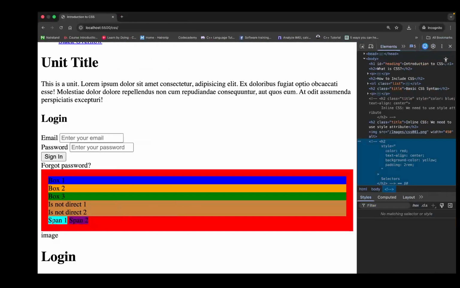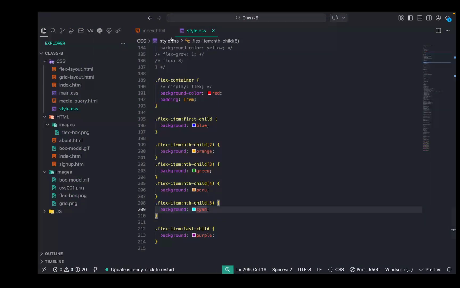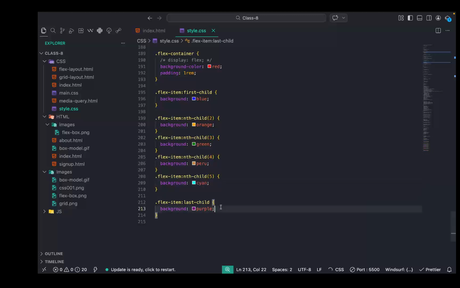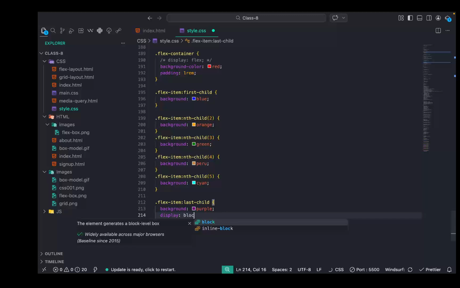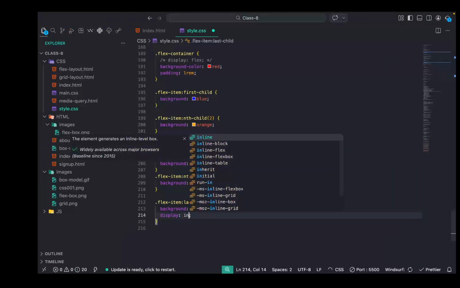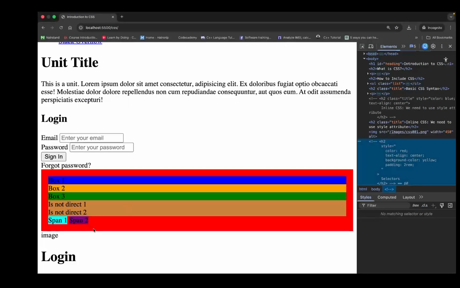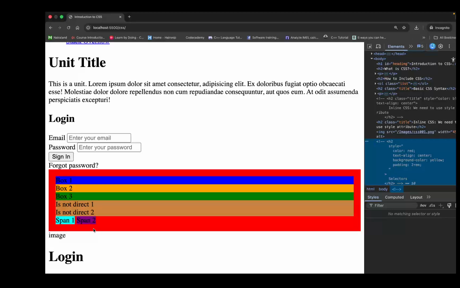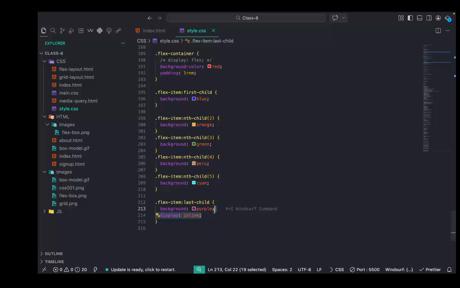So this is going to be the fifth one, and this one is going to be cyan in this way. So save, and as you can see, by default all elements are going to be displayed according to what you want there. But for example, if I want the last one to be block, what I can do is display block like this and save. Then it's going to be on its own line. And don't forget, by default it's just inline. Anything that is inline, you can convert it to block, or the one that is block, you can convert it to inline. But that's not the major thing, because they are kind of old. There are places you are going to be using them, but the major thing we are focusing on right now